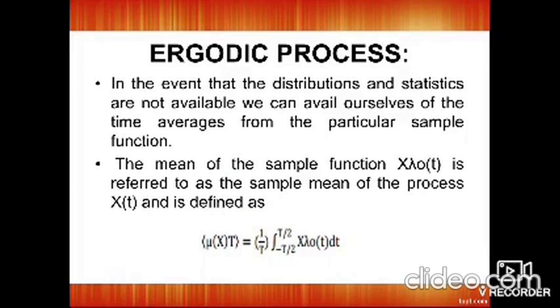So in an event, the distributions and statistics are not available. We can avail ourselves of the time averages from its particular sample function. Already we know that the output of an event is called a sample function. The mean of the sample function x lambda o of t is referred to as the sample mean of the process, and x of t is the